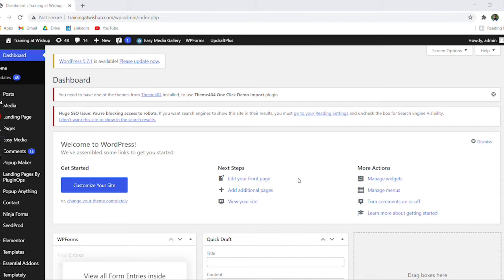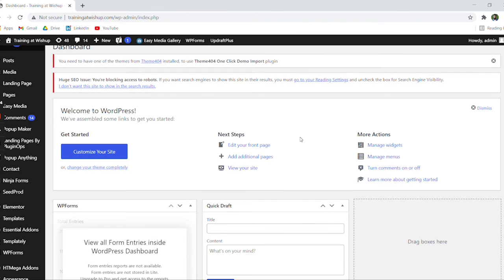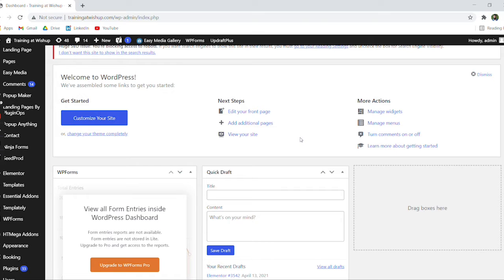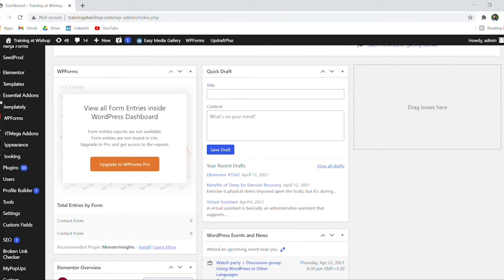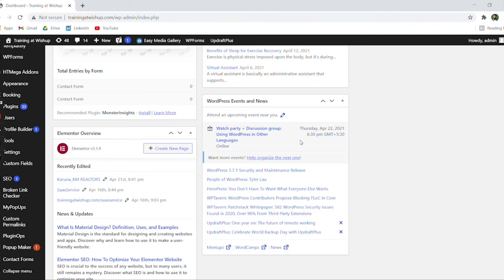As you can see, once you log into the account, you will be greeted with the admin page of WordPress, wherein you can access different website building functions. The first page that you see is known as the dashboard. The dashboard assembles some links to get started. Customization of the website can be done from the dashboard itself. Homepage, blogs, and about page can be customized from this particular portal.